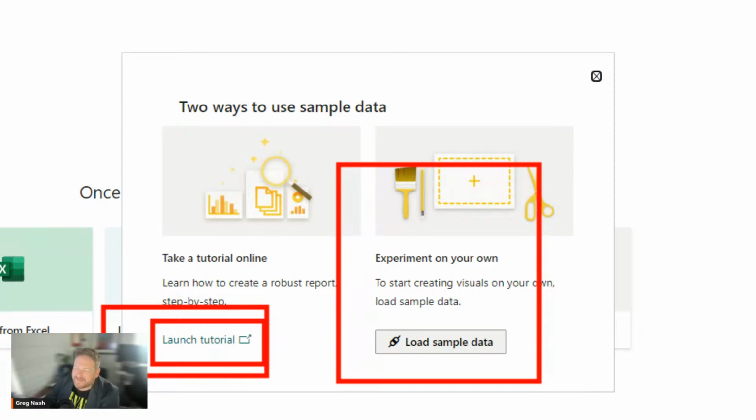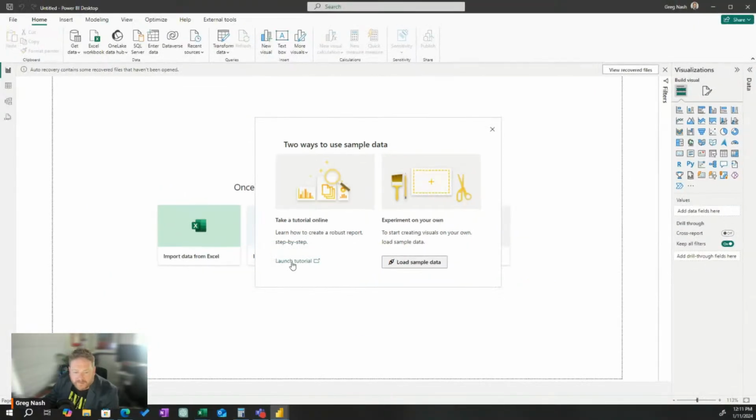It's not wrong, but I said this was about learning, and you learn Power BI by building awesome reports, not lame reports. So let's try and build an awesome report. We're going to learn with the sample data. The first thing we want to do is launch the tutorial. This tutorial will just get you started. I'll put the tutorial in the comments too, so you've got it there.